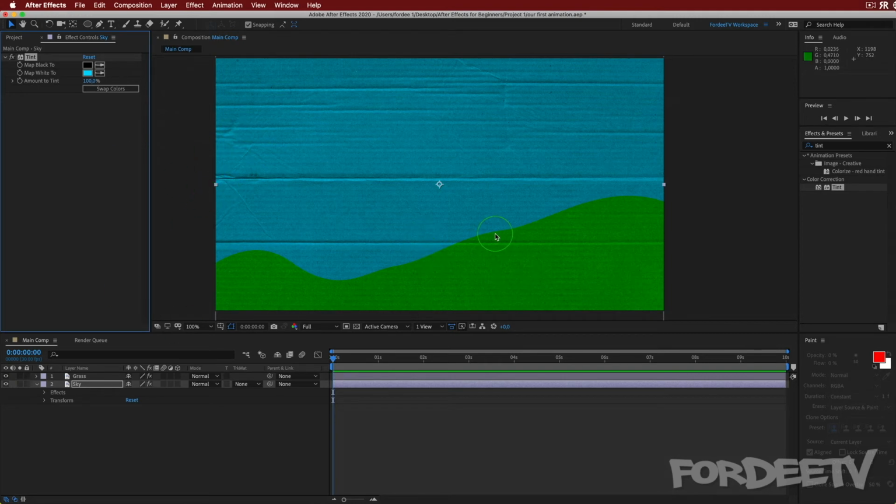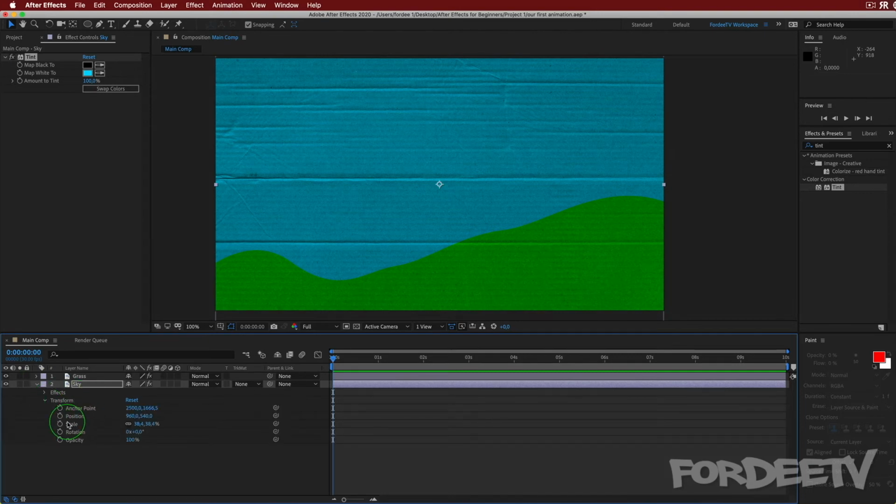Looking cool. One of the things that maybe you say is, okay, this is cool that this lines up, but maybe you don't want it to, right? Let's say we want to flip this. We can create a full scene here just using this cardboard texture by making certain changes, right? So on this sky layer, I'm going to click on this arrow. I'm going to click on it again. You'll see under the transform that we have